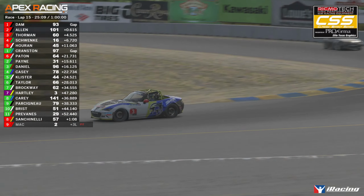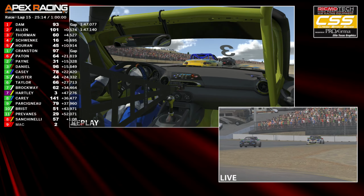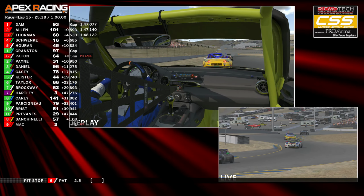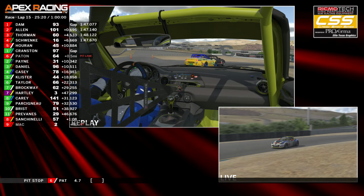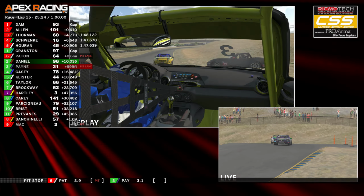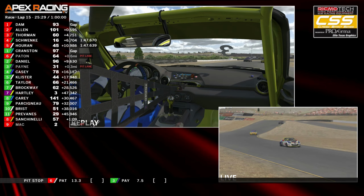Let's take a look at the replay here, Larry. I don't think Hartley actually made contact with the machine ahead, but he did almost have to come to a complete stop. Two cars up, that's Parsino. He's the one that starts the slide. There's the big one. There was contact there. Yeah, there definitely was contact there with the